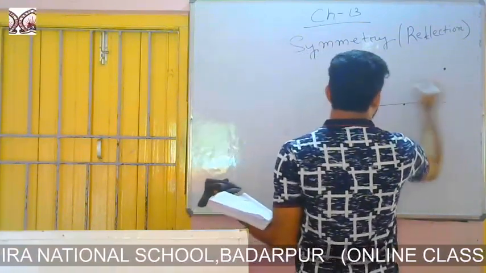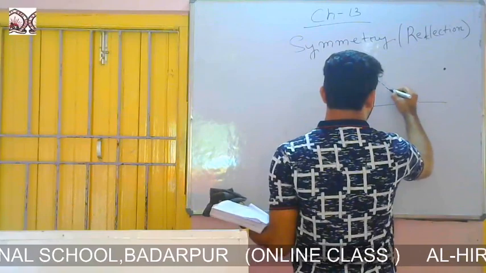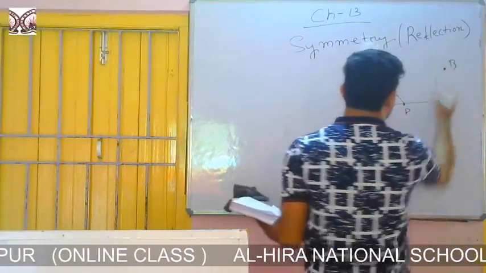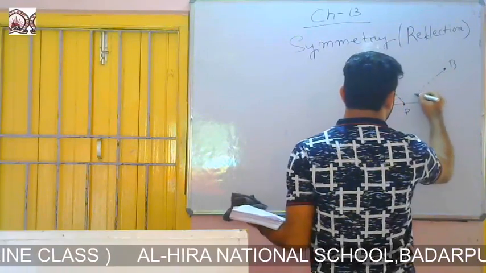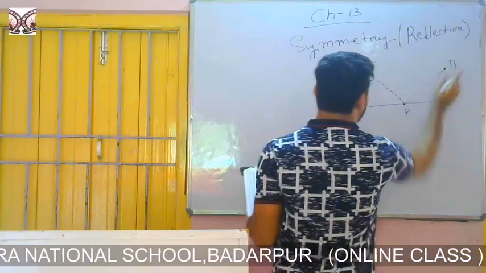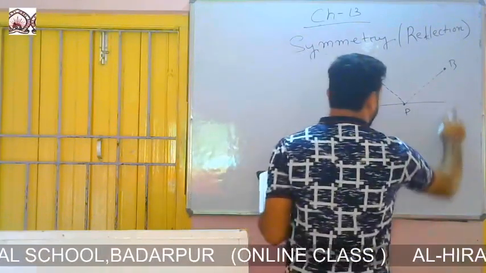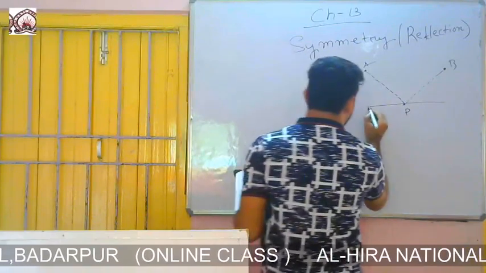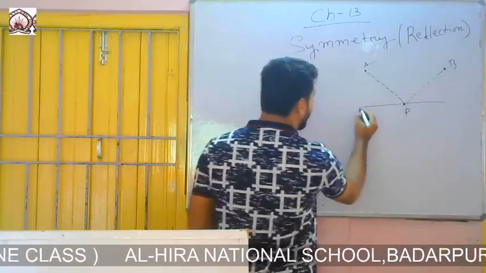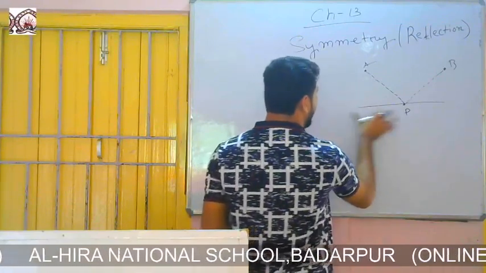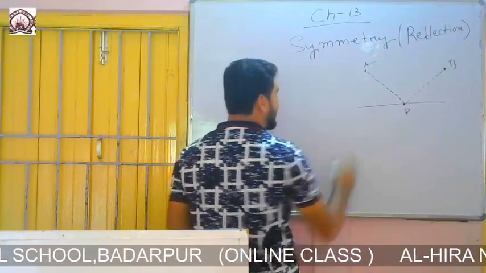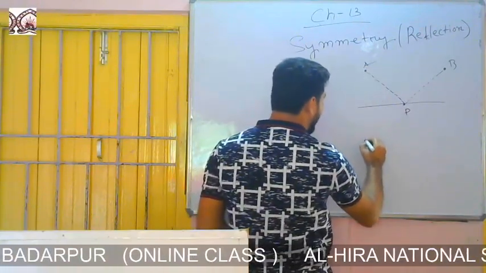Okay, then if I draw lines of symmetry like this, that is P, A, B. Then you see from there to there I cannot draw a straight line, because we have to apply the symmetrical method. Okay, then you see, if I consider this straight line as the mirror or symmetry line,